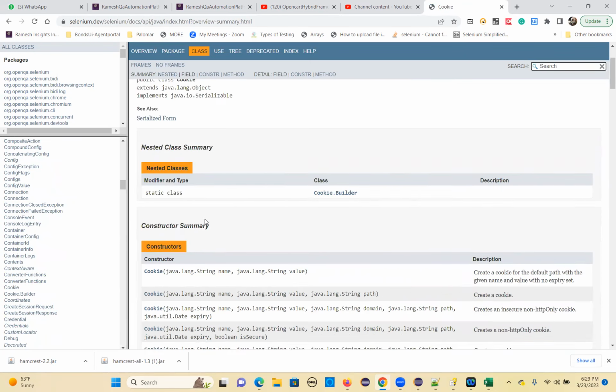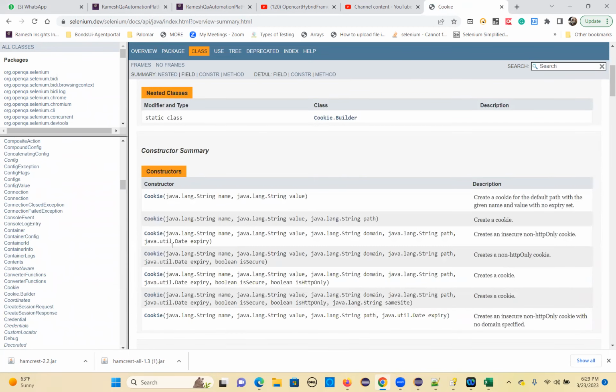See that? This is the class. See how many constructors here. This is the one constructor. How many parameters here? 2. Here? 2. Name, value. Here,